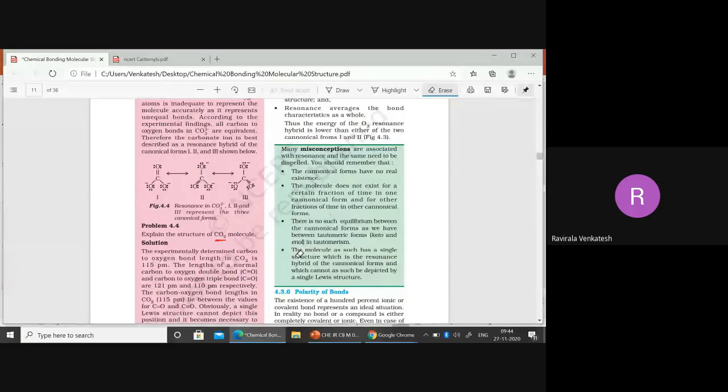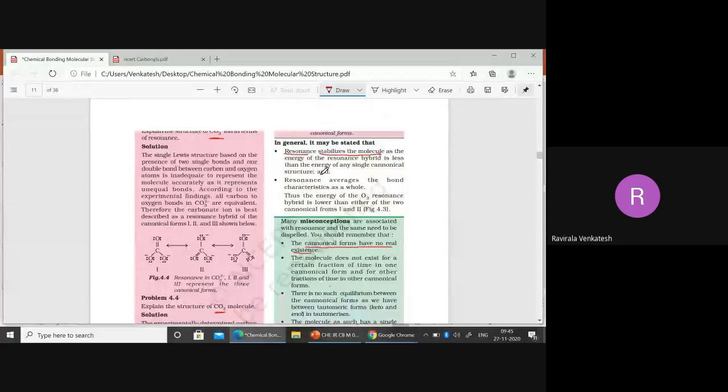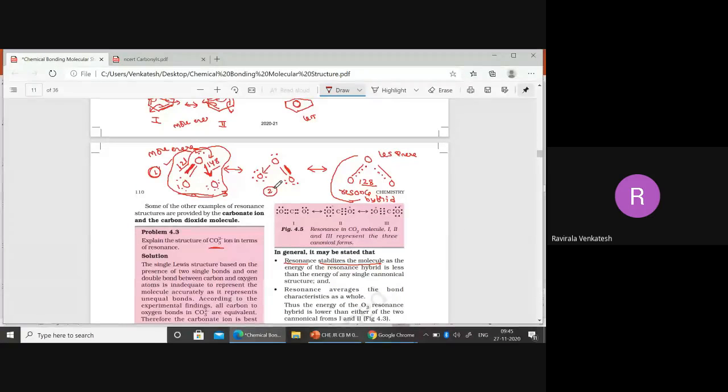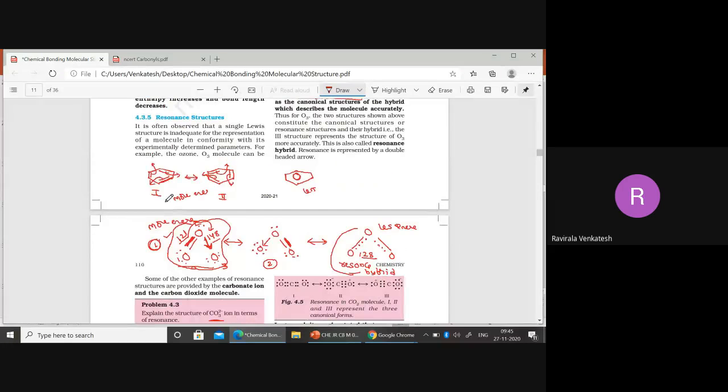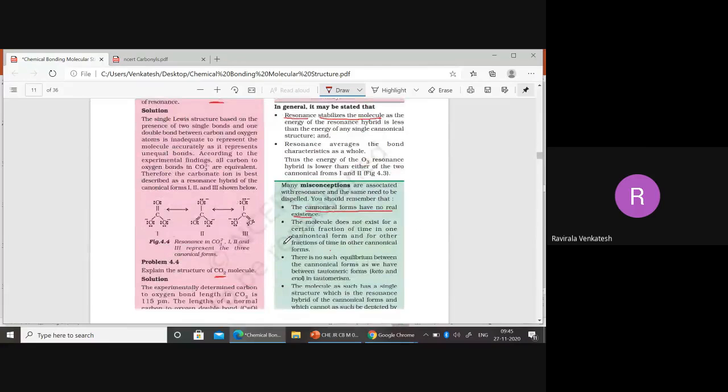Now these are some micro misconceptions which we generally have to remember. When you observe, canonical forms have no real existence. If I say I want only this one, is it possible? I don't need this one, I want only the second structure. Is it possible to isolate only the first structure? No, I cannot isolate the second structure either. Impossible. So resonance structures are purely